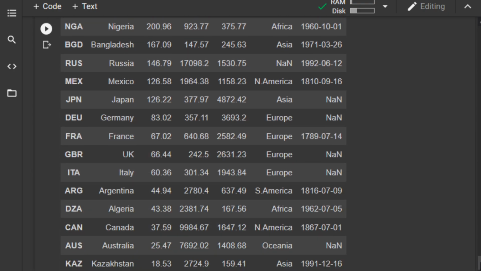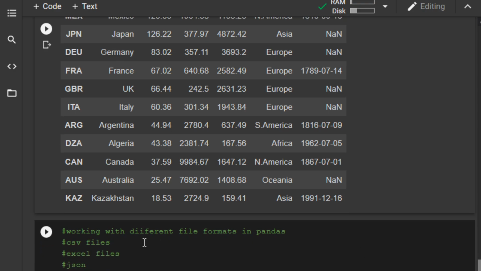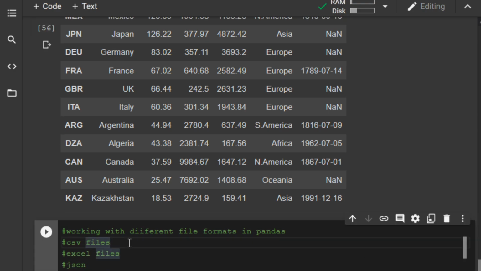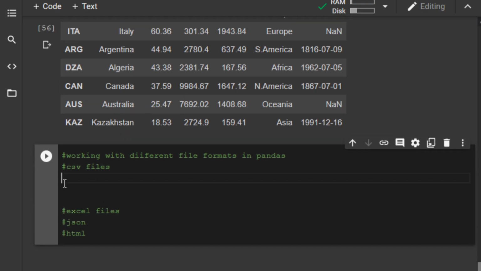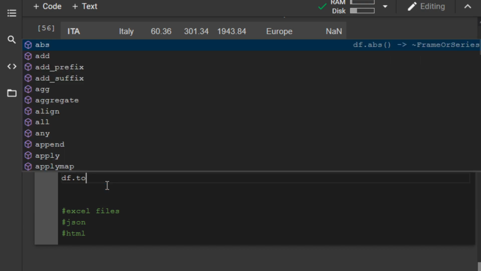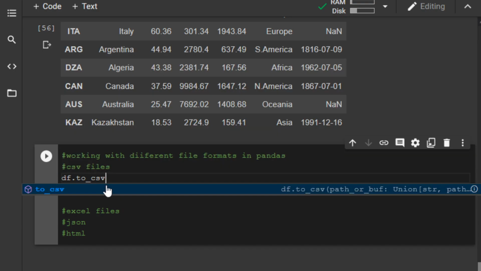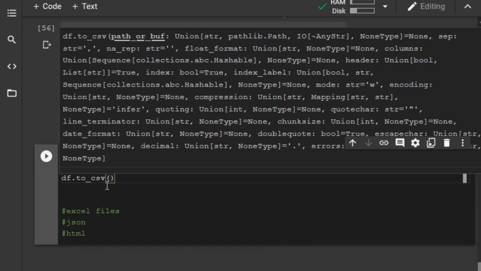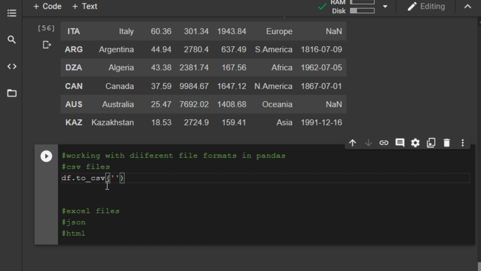So we are going to write this to a CSV file and we'll try to load it. So let's work with CSV files. We have our DF now. So to write a data frame to a CSV file, that means to save to a CSV file, you simply just use the to_csv function of Pandas. Yes, and then in it you pass in a string of the name you want to save your CSV file